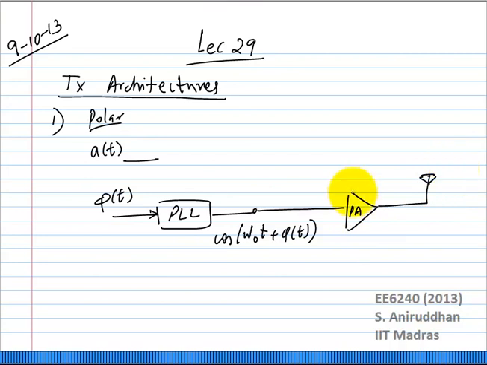This would be a nonlinear PA, a saturated PA, so that the efficiency is very good. Now, if you have amplitude also, one way to recombine it is this. Maybe you don't know yet, but if you take a nonlinear power amplifier,